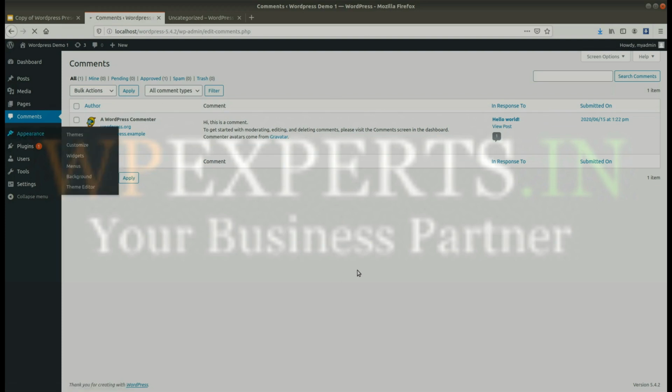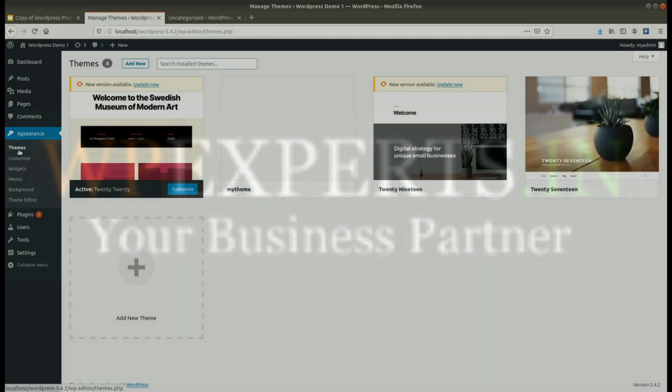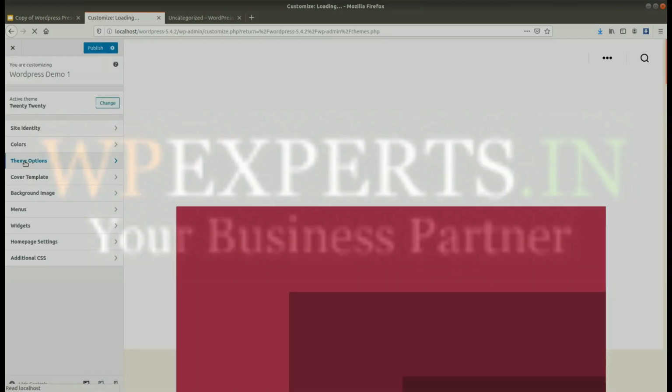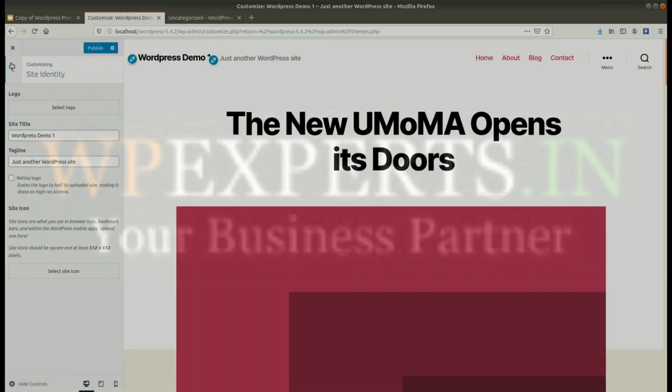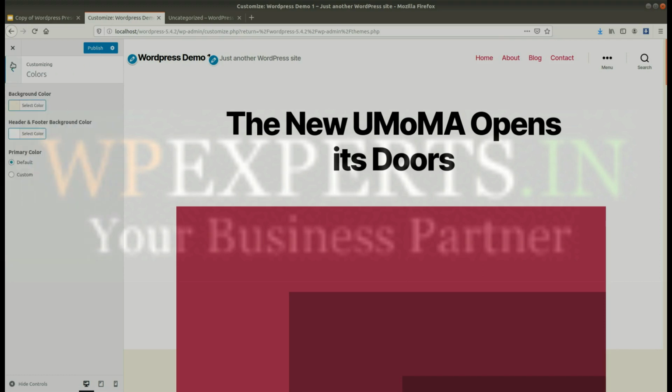And the appearance section. This is the main part of the website to manage the front end of the website. Here you can see the themes are available, and you can easily change the theme and manage your theme here. And using Customize you can manage the style and settings of the theme.